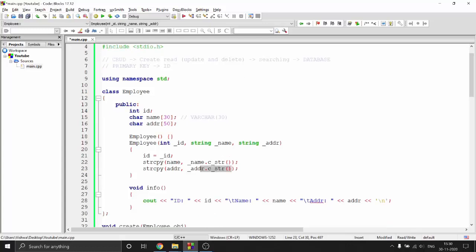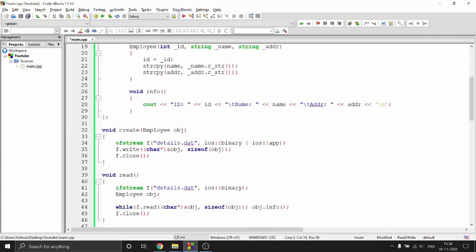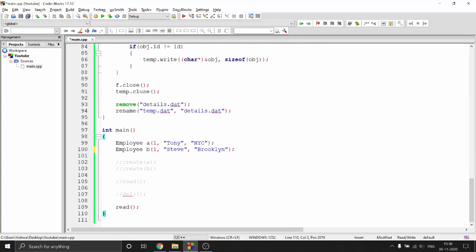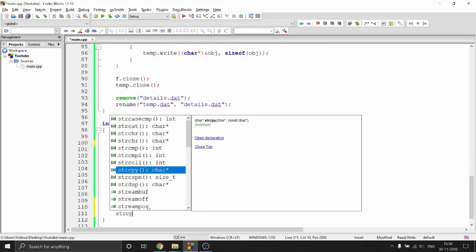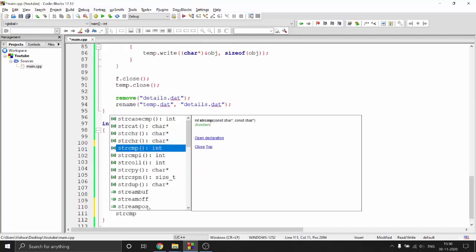So this is one function you learned today, and this is one header file which you learned today, C string, which basically contains all the functions we need for string. So you have lots of functions in that. You have strcpy, which is for copy. You have compare, so cmp is for compare, cmpi is for comparing without case comparison. That is, it ignores the case of the strings, right? And then you have all these functions. So strcat is for concatenating strings.